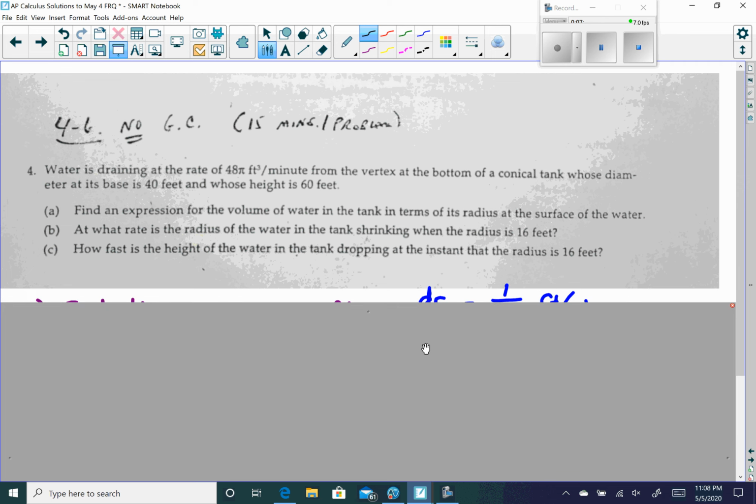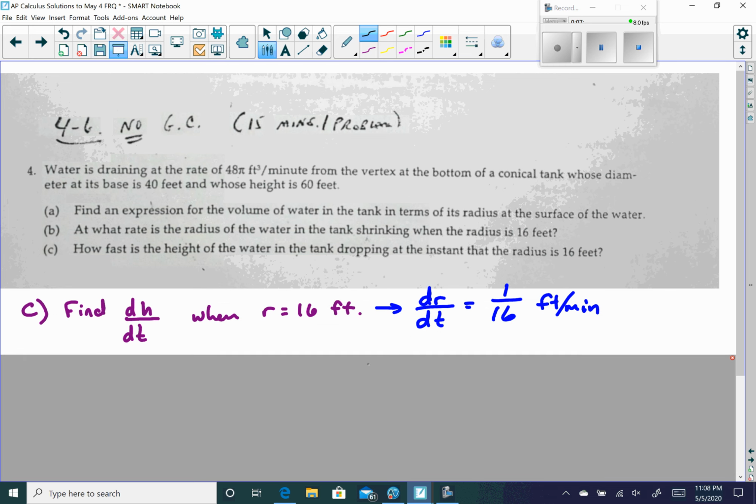How fast is the height of the water in the tank dropping at the instant the radius is 16 feet? So this has nothing to do with volume. This is simply asking how is h related to r. So we found that in part A, that h was just equal to 3r. And we know when r is 16, we just found that dr over dt is 1/16 foot per minute. So all we have to do is,